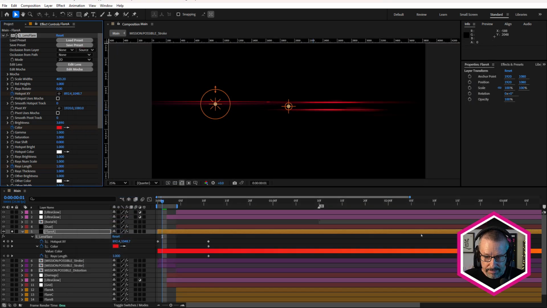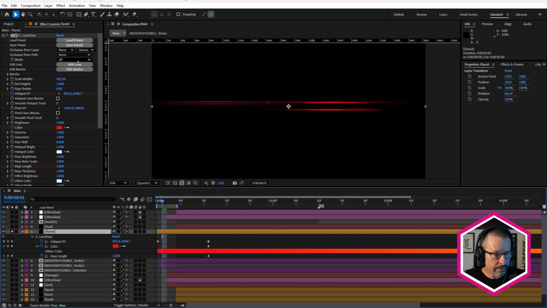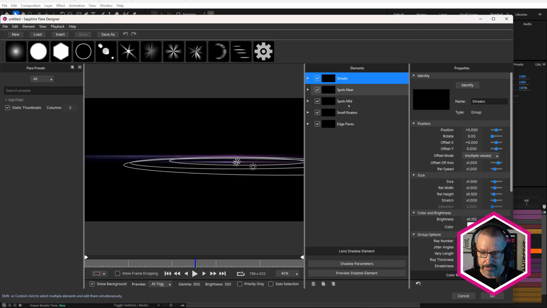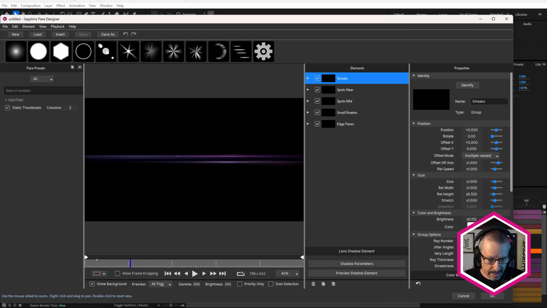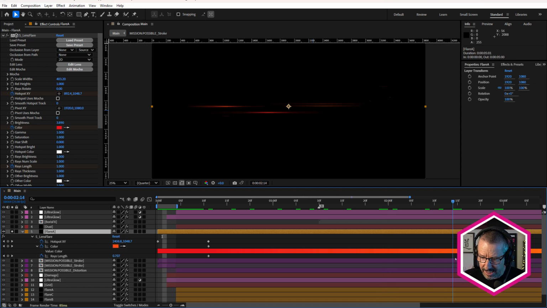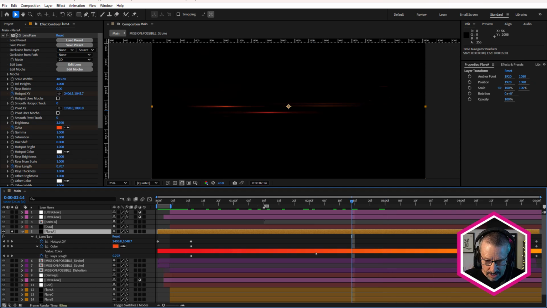So I loaded that up and clicked on the Edit Lens button and just turned a few things off, deleted a few things, and just left me with those streaks. Because the streaks are what I really wanted. So in here, I've given it a color of red. And that actually is animated. You can see here on the timeline how it animates from red through this sort of bright yellow, or very pale orange, I should say.